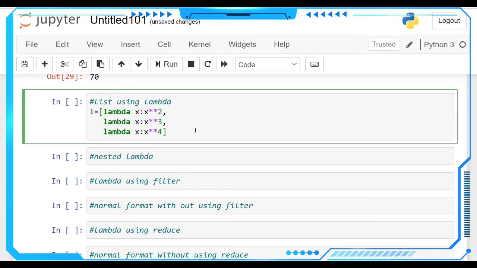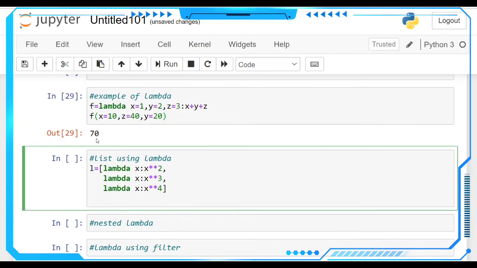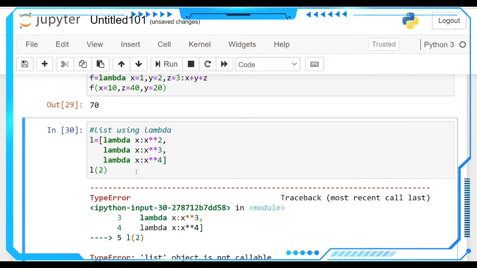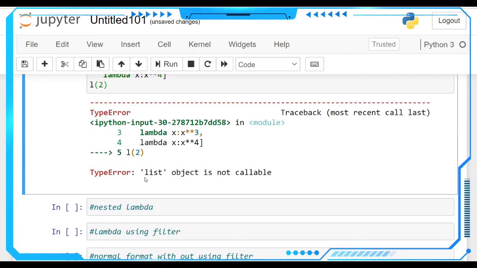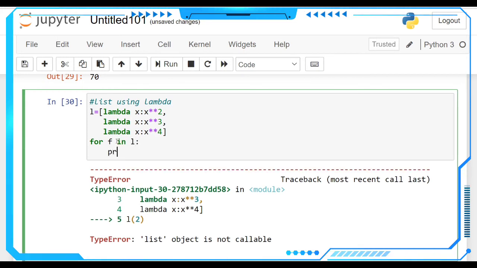So how are we going to get this one? Let's see, in the previous method, let's derive this one like L of 2. I think it throws an error. See here, we cannot make this list in the above format. So that's why, for this purpose, f is a variable in list L. So we have to print